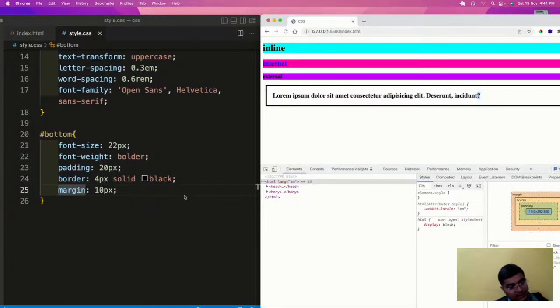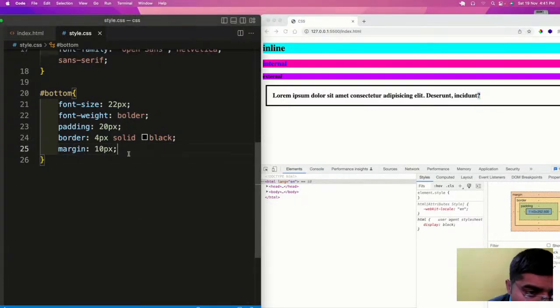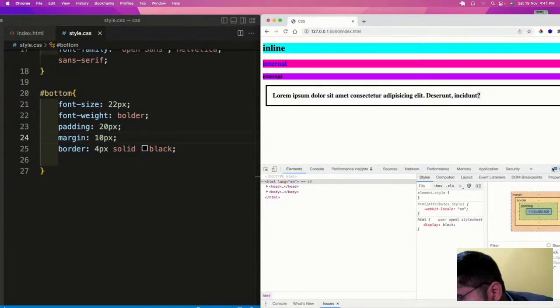Now let us see some ways in which you can have the padding and margin. So, one minute. Control X, and now what I will do, once.